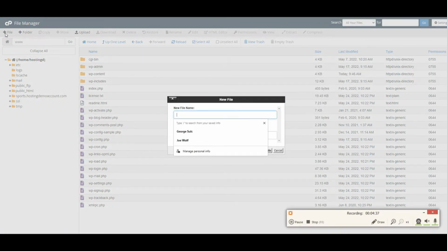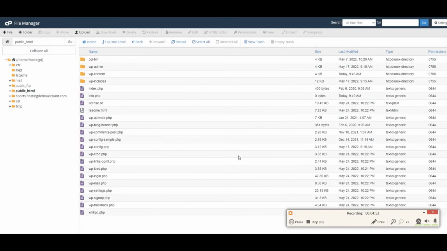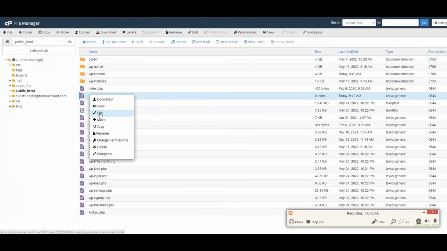For now, create this file, and this file is going to be called info.php. You're going to create that file, and you can see, where is our little file that we just created? Right here we have our info.php file. If you right click on this, you'll be able to edit that file. So click edit,